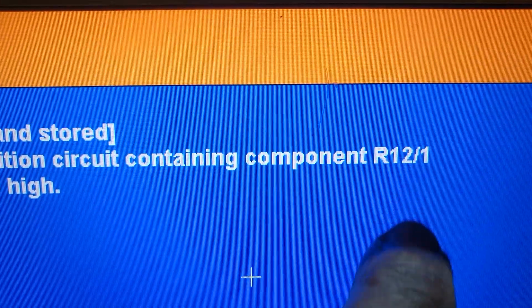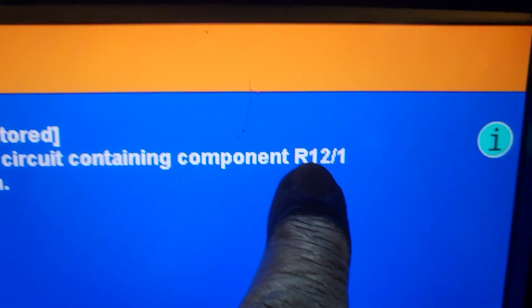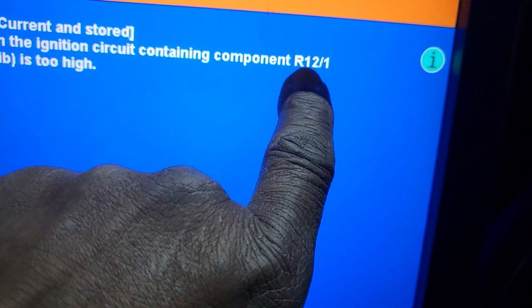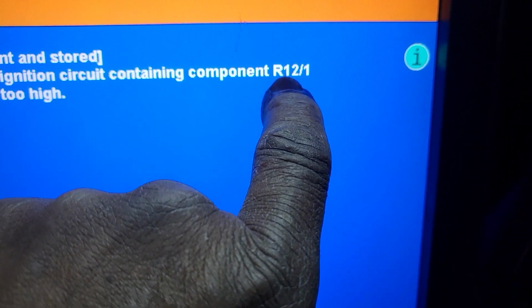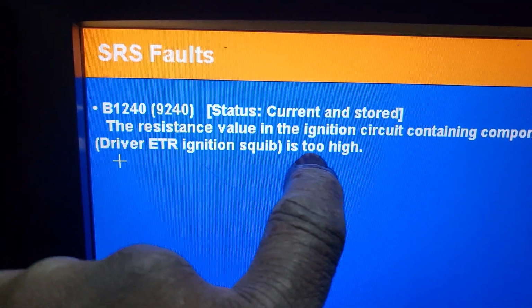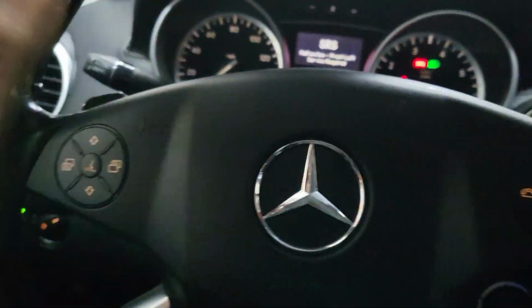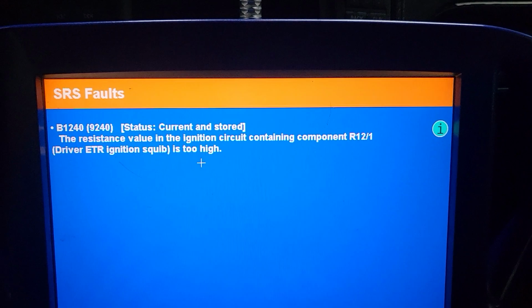and then to make it more clear, you're going to go to R12. This is a component number. If you put it on, it will show you what it is, what you need to do with it, where you can get the part, and what the part looks like. But it says driver ETR ignition skip is too high. It could be this one here, the resistor on the seat belt. It could be something, but you can also go here,